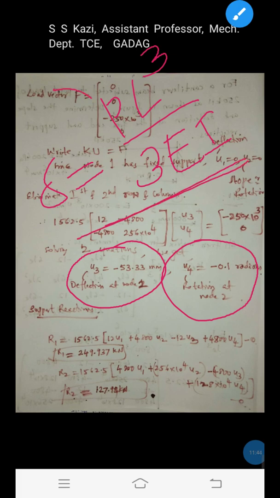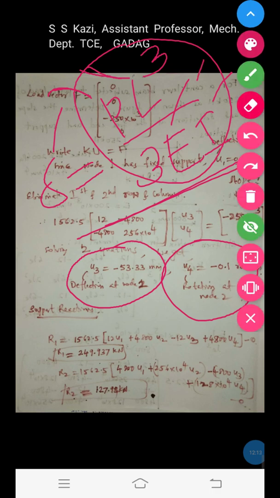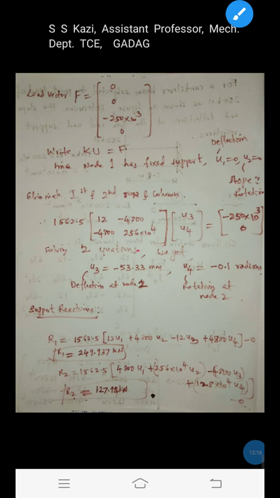If you substitute the P value, that is 250 kilonewton, that is 250 into 10 raised to 3, and the length of the beam, 0.8 meter, it is given, converted into mm, 800, that is P as 250 into 10 raised to 3, L as 800 mm. Okay, and Young's modulus 200 into 10 raised to 3, and moment of inertia 4 into 10 raised to 6. If you substitute these values and calculate the deflection at the free end of a cantilever by using this formula analytically, we will get the same 53.33 mm, that is the deflection at the free end.